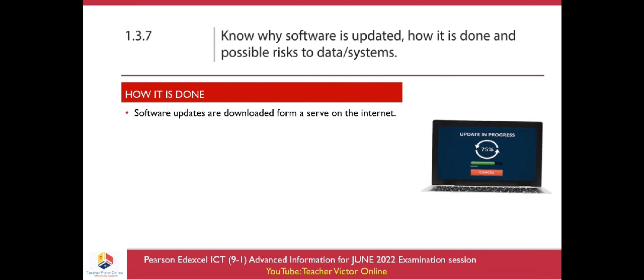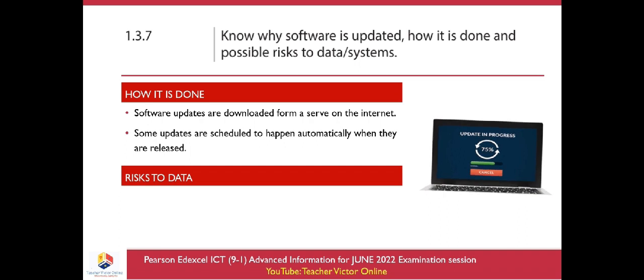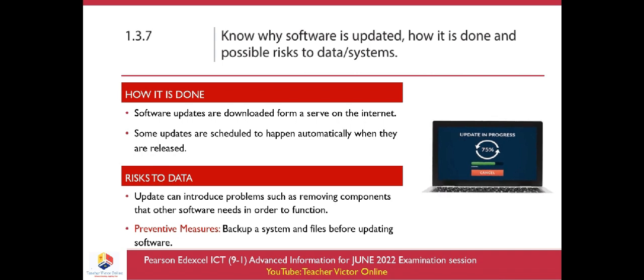Software updates are downloaded from a server on the internet. Some updates are scheduled to happen automatically when they are released. Then, what are the risks to our data when you are updating such systems? Number one, you need to know that an update can introduce problems such as removing components that other hardware needs in order to function. Then how to prevent these risks? To counter that, we have a preventive measure, that is backing up the system and the files